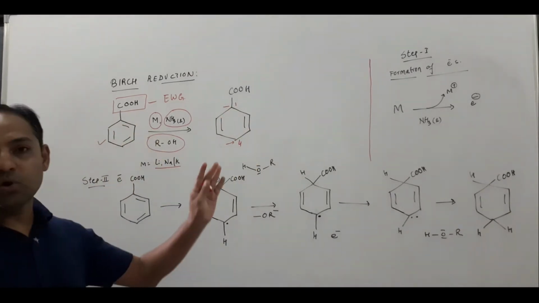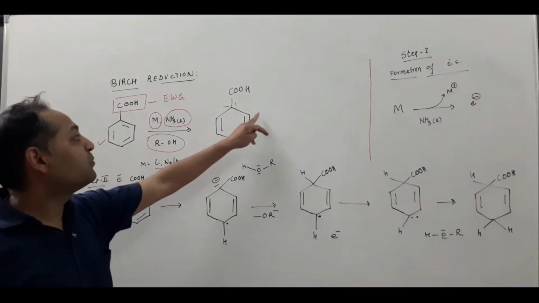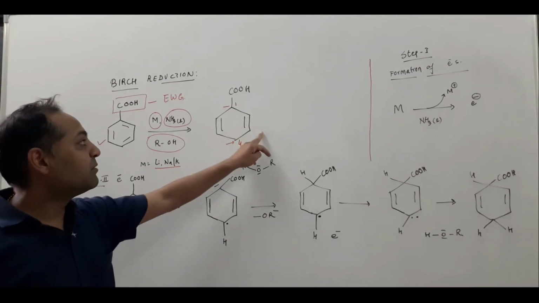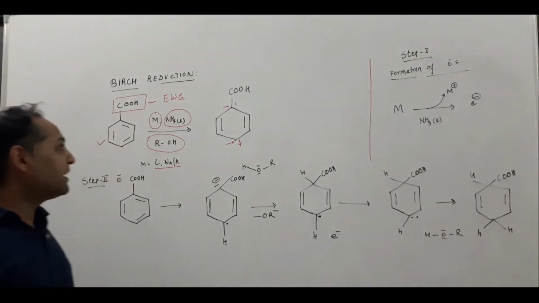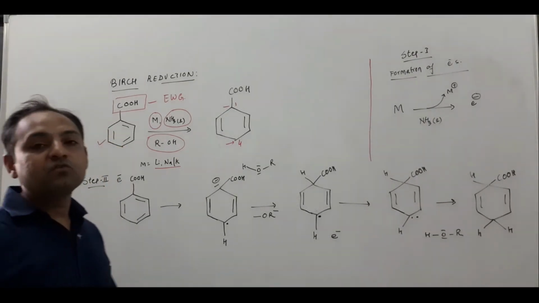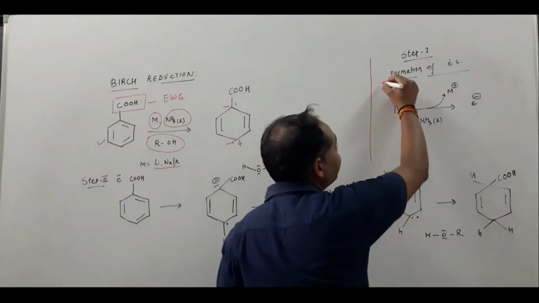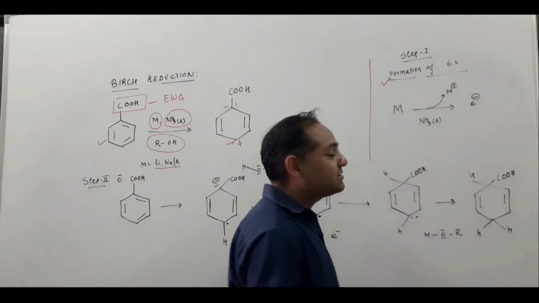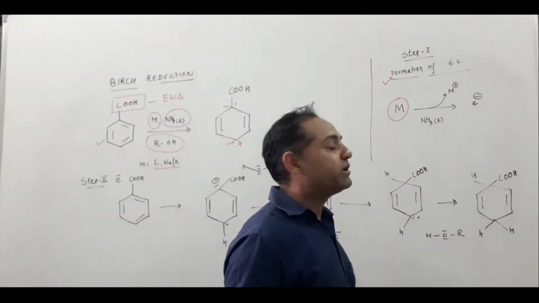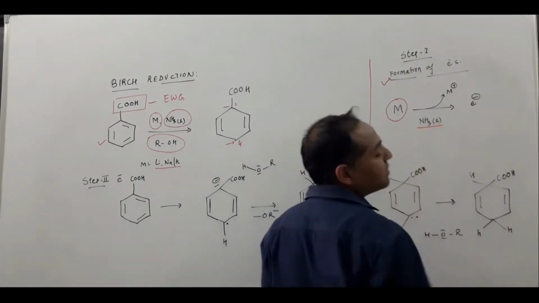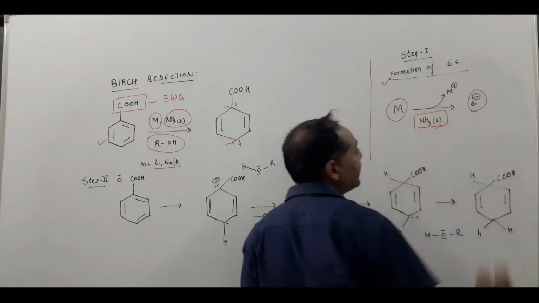So this would be the product as per the Birch empirical rules, where the product has two double bonds where substitution is not there. Okay, now let us understand the mechanism. There are basically two steps of the mechanism. In the first step, there is formation of the electron. Suppose M is any metal, say for example lithium, sodium or potassium. Under liquid ammonia, it is converted into electrons.